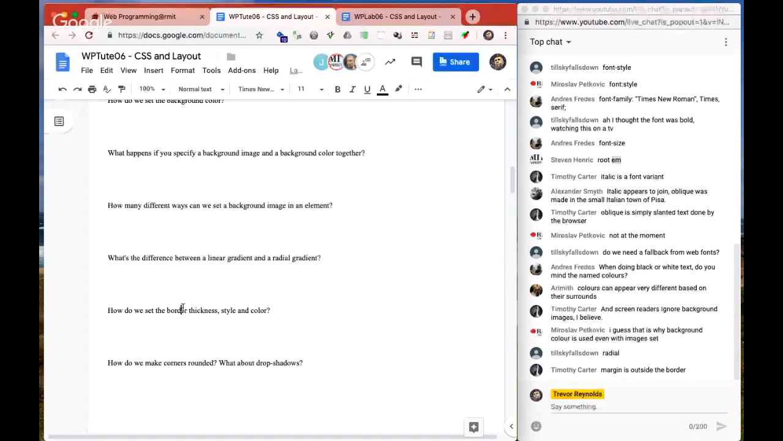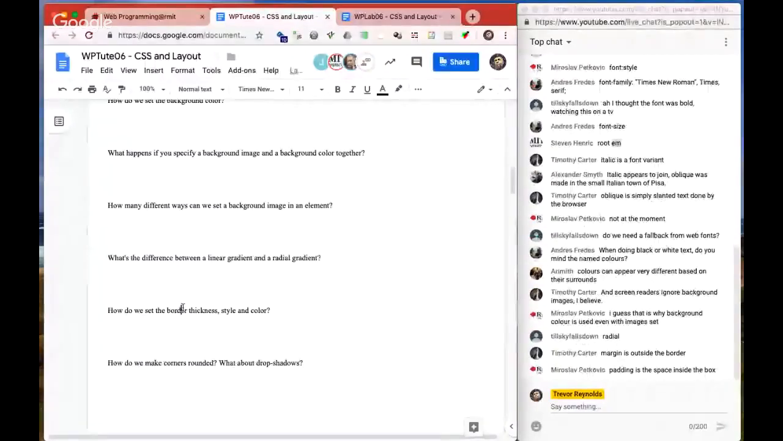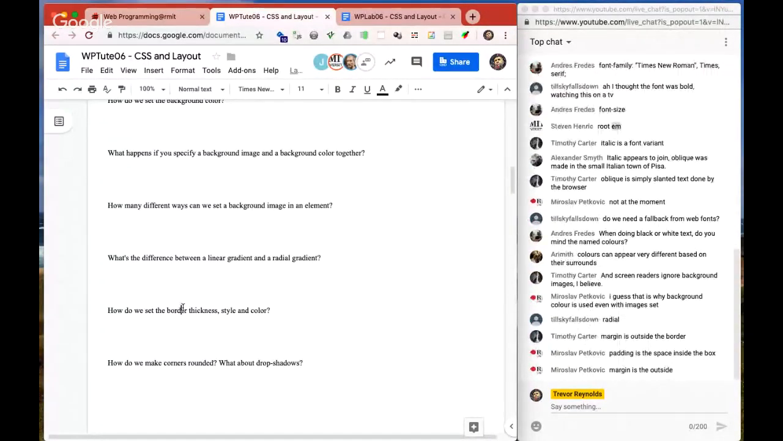So Tim's saying margin is outside the border, and Miroslav almost straight away. Padding is the space inside the box. So if you can remember those two things,